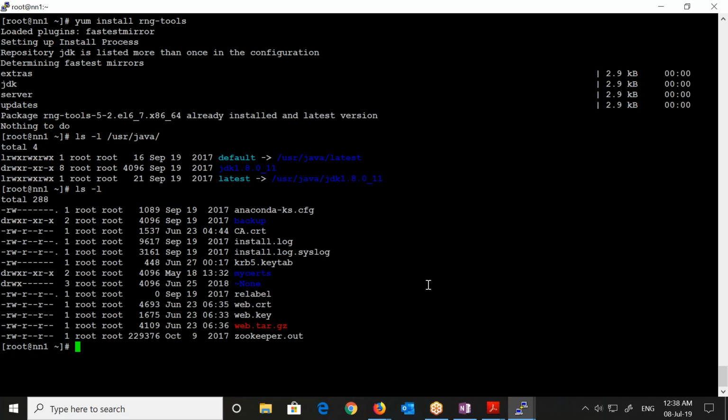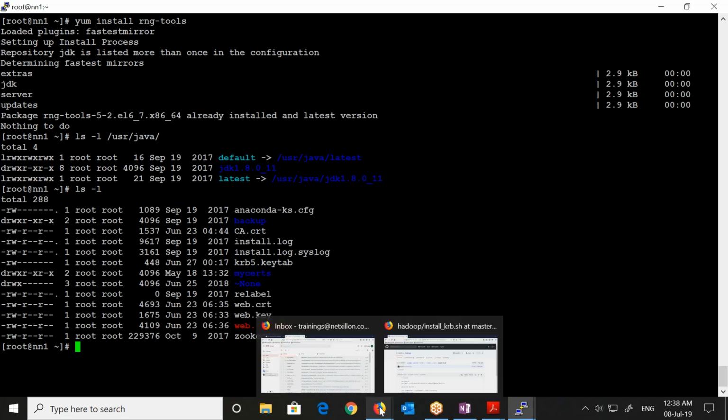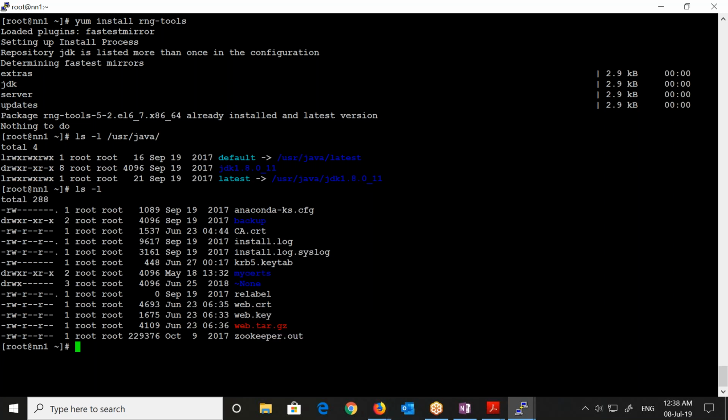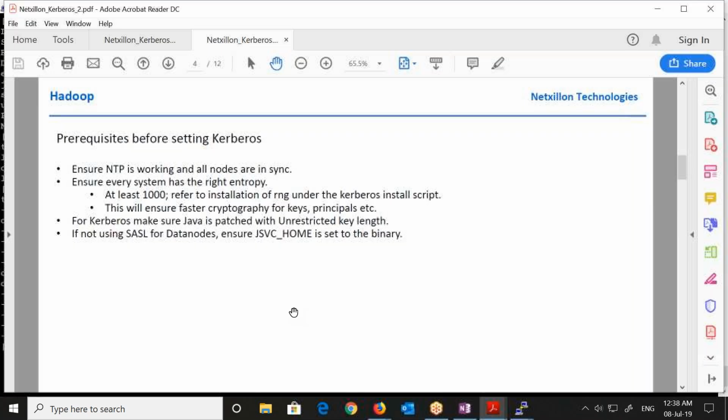But what you have to do is download an unrestricted version of the Java key length. So what does this mean, right? When I say unrestricted key length, so what happens is, I can